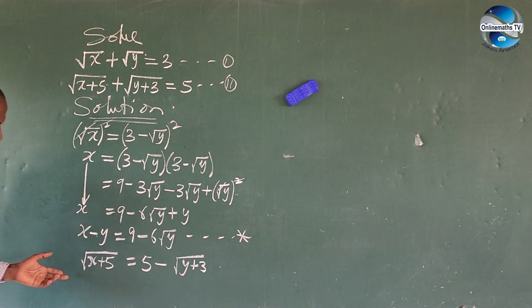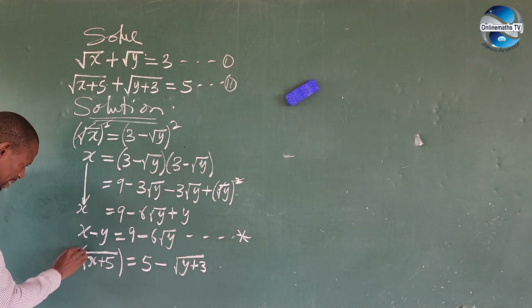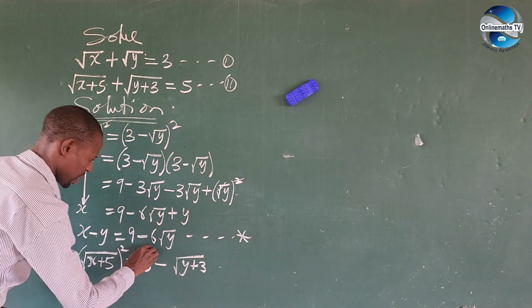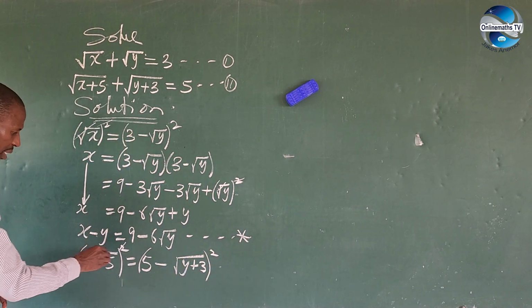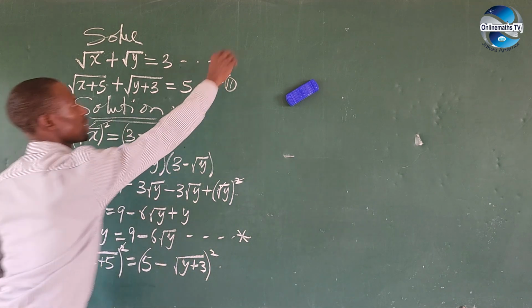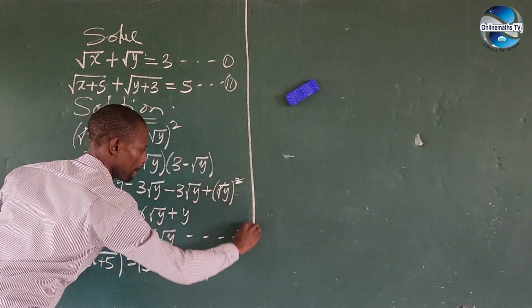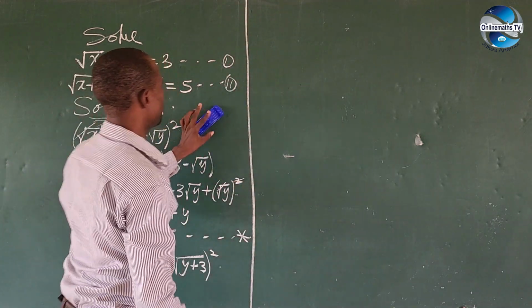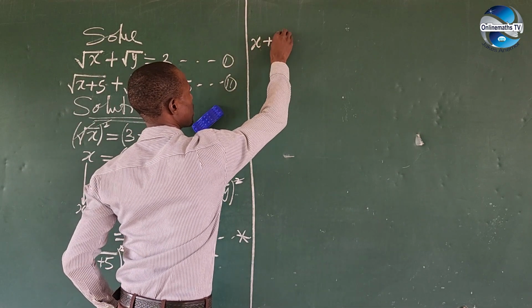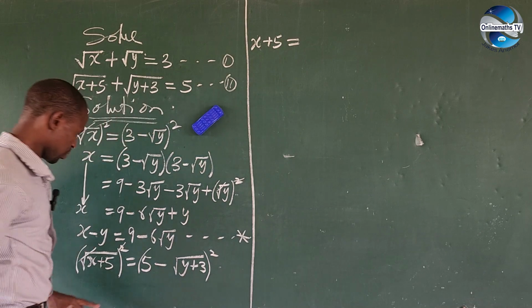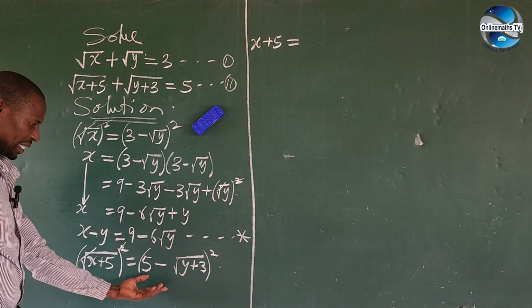Let's square this and square this side of the equation too. We're now left with x plus 5 equal to, let's go systematically again,